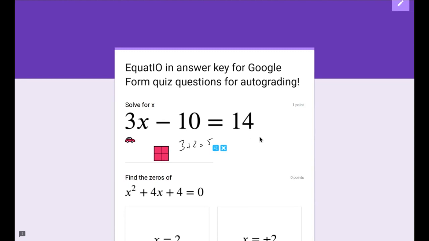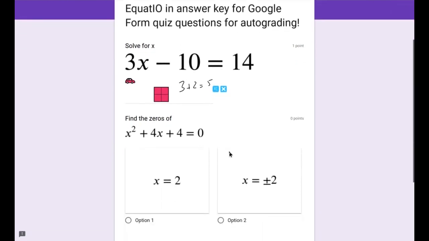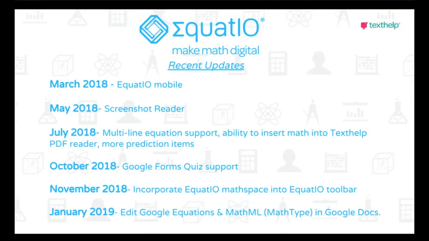Maybe they can just write 3 + 2 = 5, or they could use speech input. My daughter's 5 and she can't use LaTeX or other capabilities, but she wants to communicate what she can. And she uses EquatIO Math Space a lot of times to do that. So hopefully this UDL approach to STEAM helps make you think, and I would love to kind of jump back in and continue this thought process.